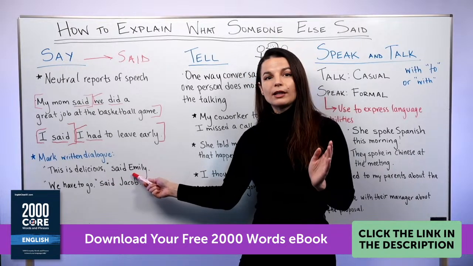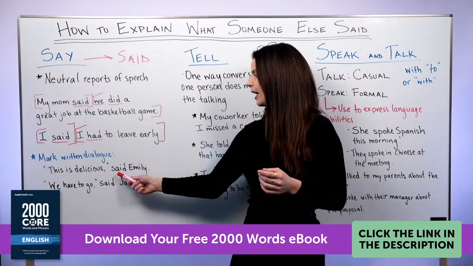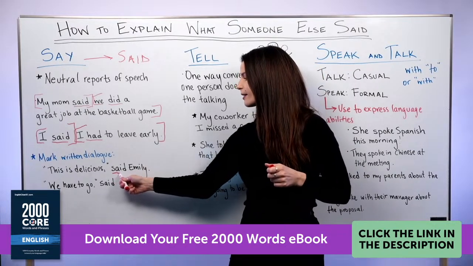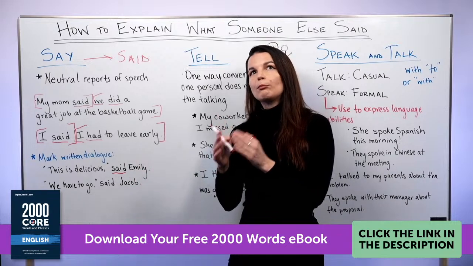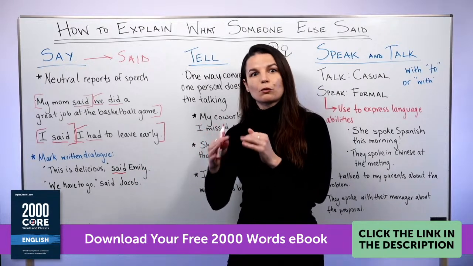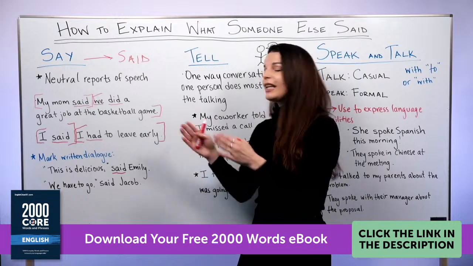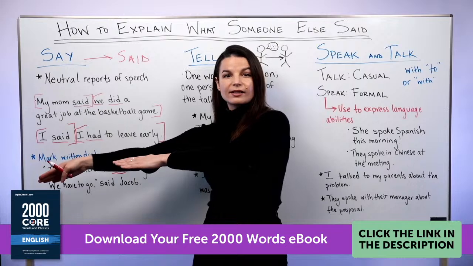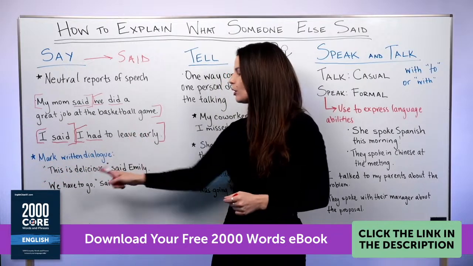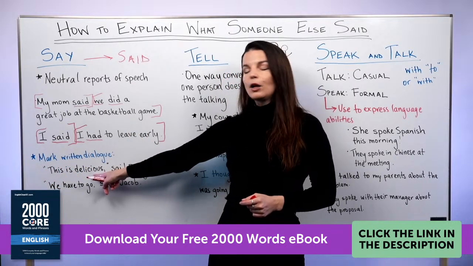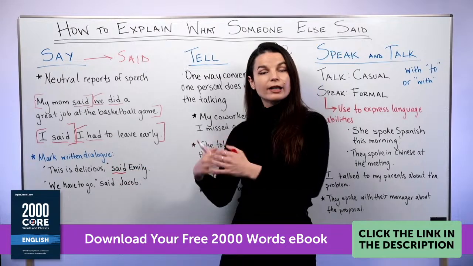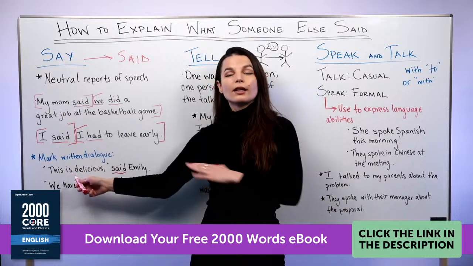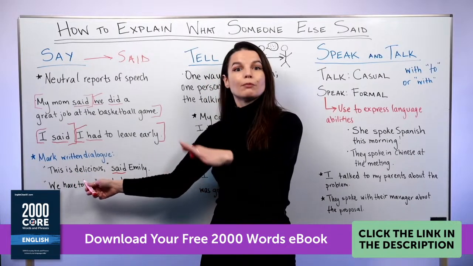So what is happening here? This is a bit different, right? So here we have said Emily, okay? So this part is in that past tense, yeah? But when we are reading a book, we have slightly different rules from everyday life. So in the story, at that moment, Emily said, "This is delicious," yeah? So we don't use past tense here, okay? We use it when we're talking about or explaining the dialogue, okay? So this verb, in this case, it's okay for it to be in not past tense, yeah?